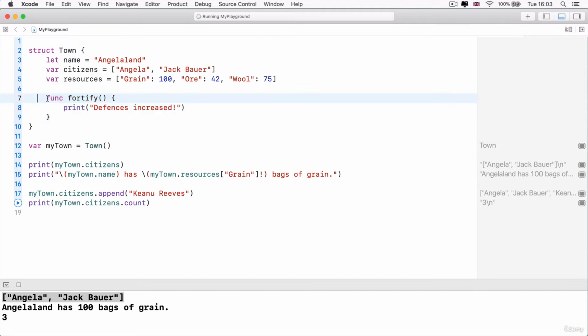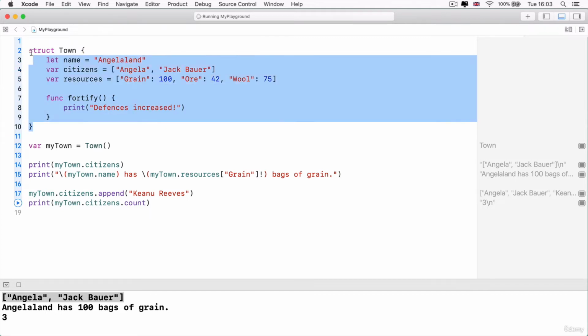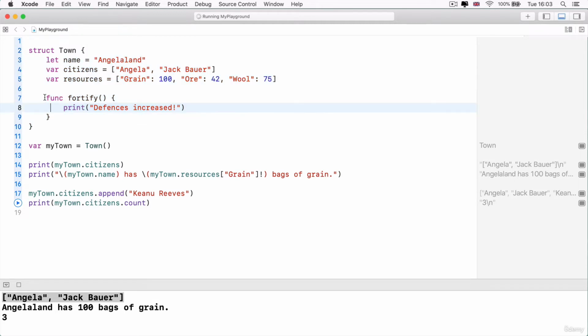Now, when we have a function that's associated with a structure, the name for it is actually a method. So if you hear the words functions or methods when people refer to it on Stack Overflow or online, just know that they're both referring to the same thing, the thing that we create with a func keyword, and it defines some behavior inside the curly braces.